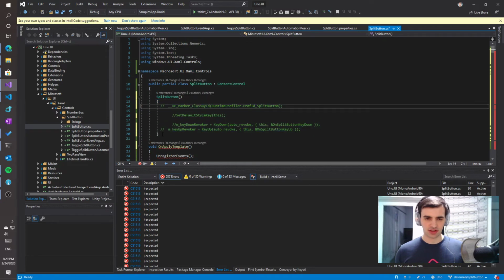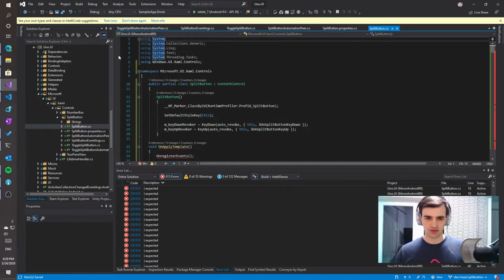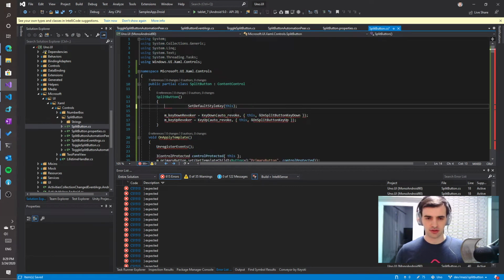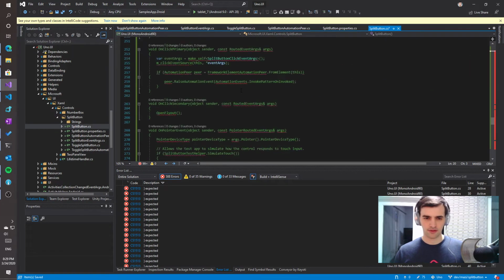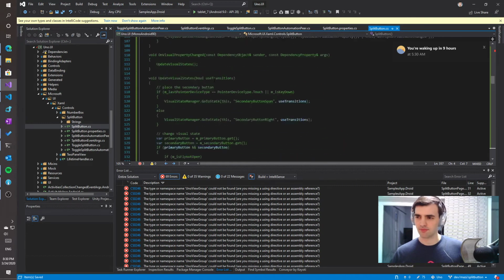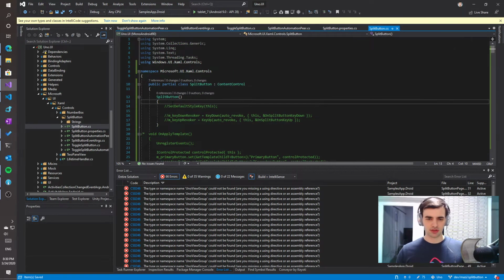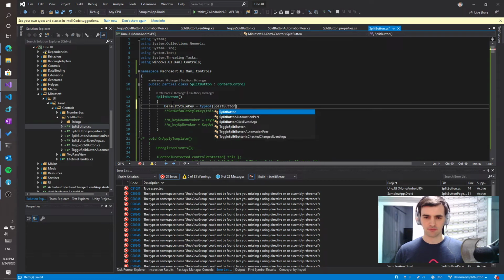So let's start with the constructor, which first sets the style key, and we have a default style. Oh, you don't have the IntelliSense now, so I will just do it like this. Just take all of this and hide it so that it doesn't cause IntelliSense issues. Yeah, now we should get IntelliSense. So default style key, yes we do. So default style key is typeof SplitButton,